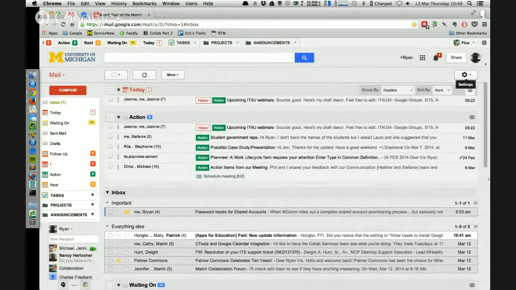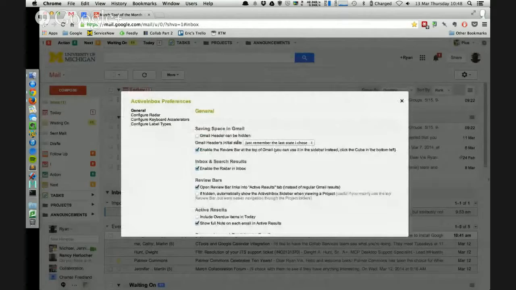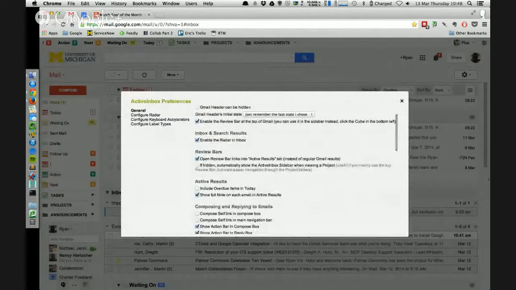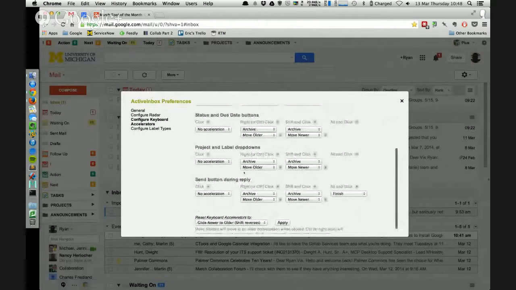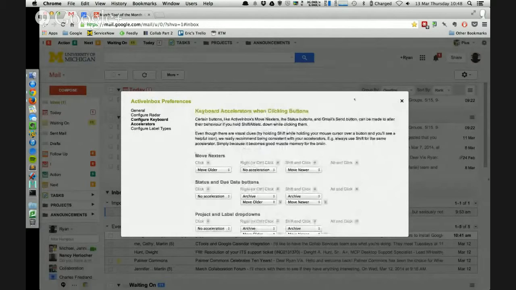I want to say it has shortcuts. They call them keyboard accelerators. You can do that clicking plus or right-click. I haven't gotten around to learning them yet, to be honest, but there are some shortcuts available for Active Inbox.